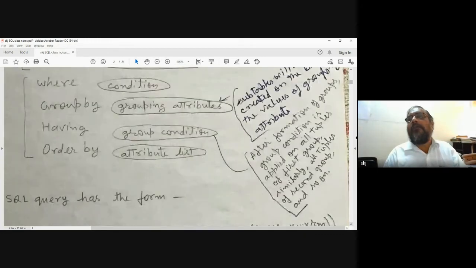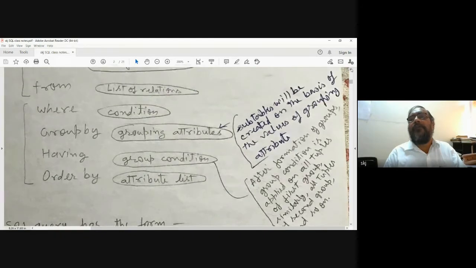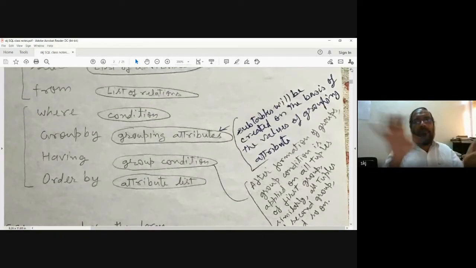And here you see in the grouping clause, basically group refers to when we want to divide a table into several parts. Each subtable we call one group. So the group terminology here refers to a subtable. Subtables will be created on the basis of the values of the grouping attribute.